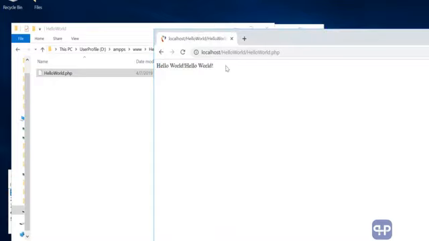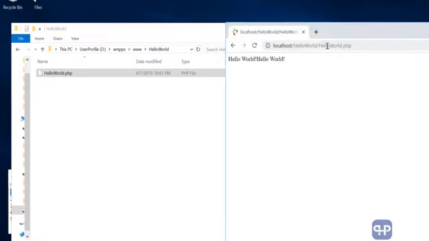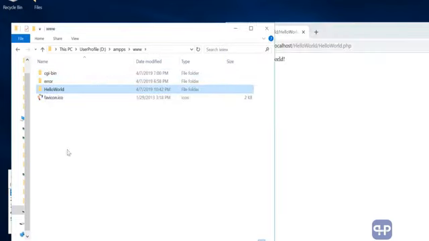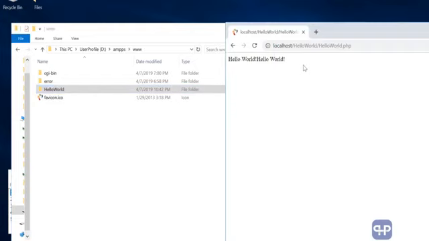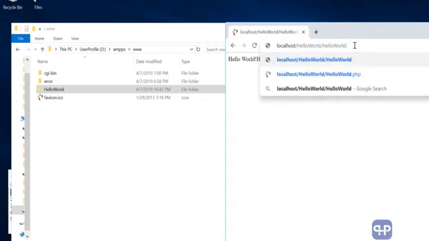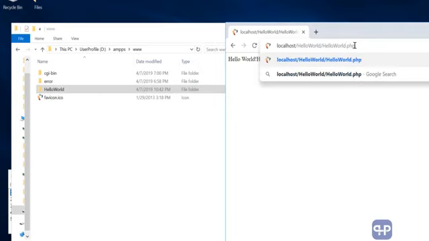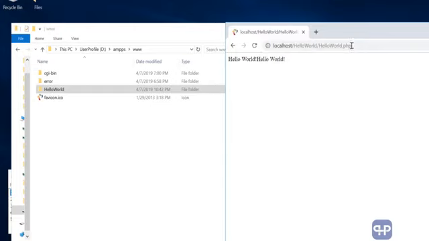Okay, a couple of things here I want you to understand. First, in the URL we have given the folder name. That folder name is nothing but this folder name, which is under the www folder. So any folder that you create here, you just have to say localhost slash that folder name slash the file name. You cannot skip the file name like this and say okay search and then show me, it's going to error out. You have to type in the file name, that is .php,